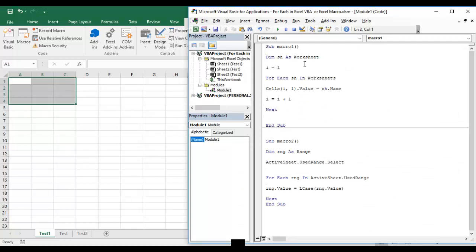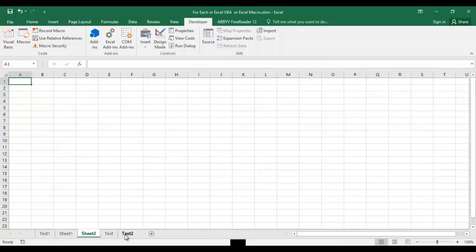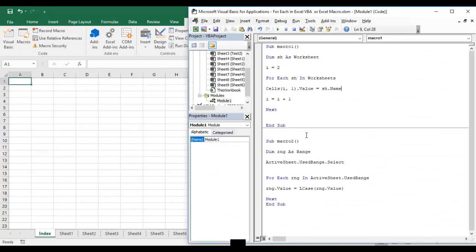In macro we will make some amendment and I'll say I is equal to 2. Okay, or I add some more sheet here. Sheet, anything I can give like this, and this is my index. I can say index. Okay, this has been come. So now what I would like to do,